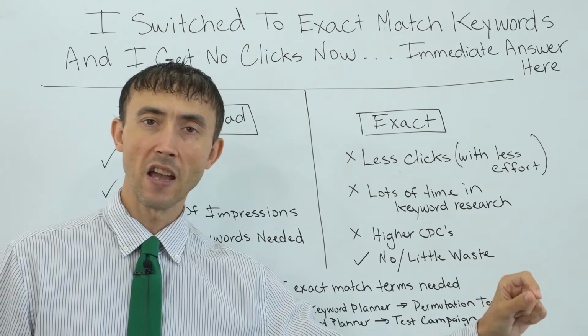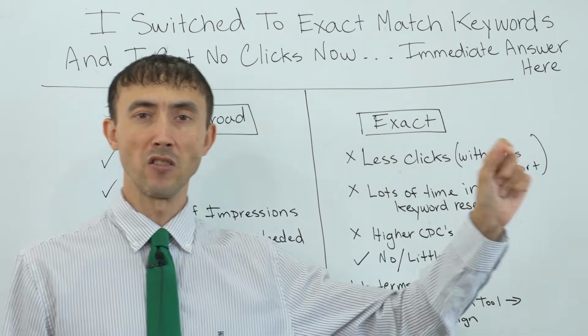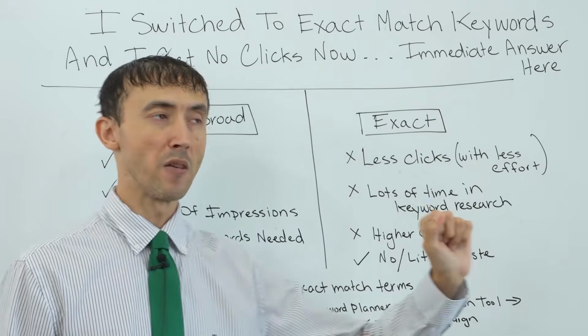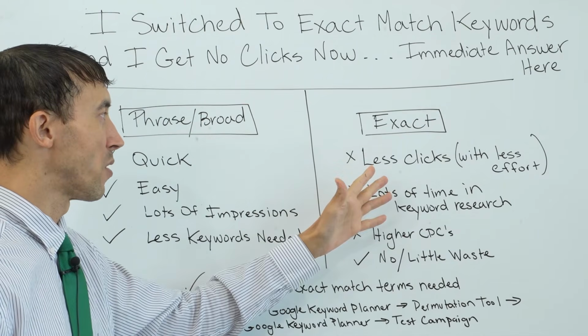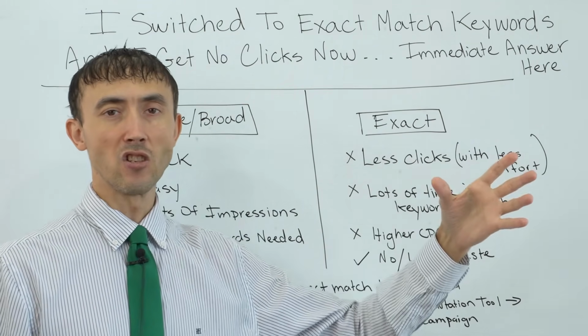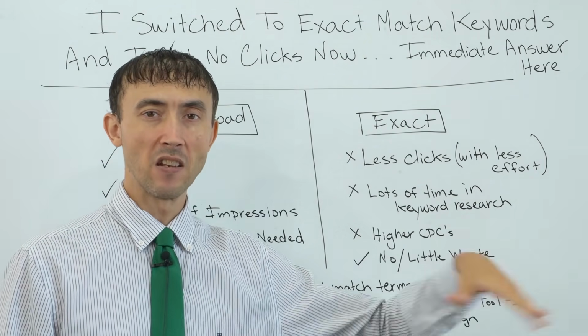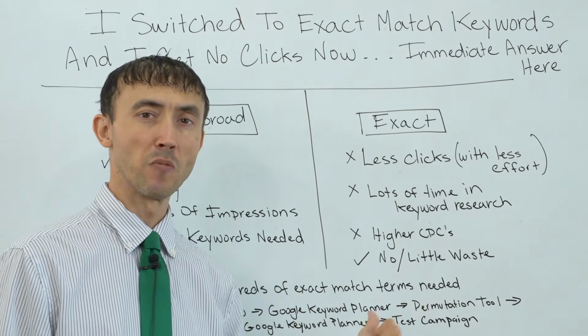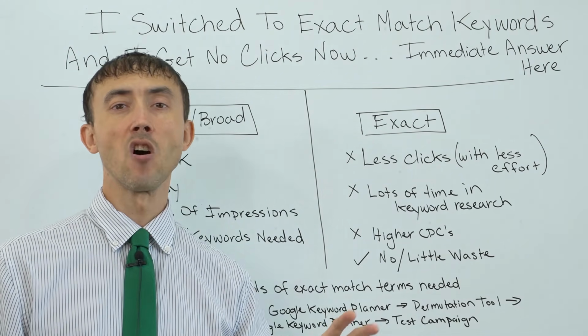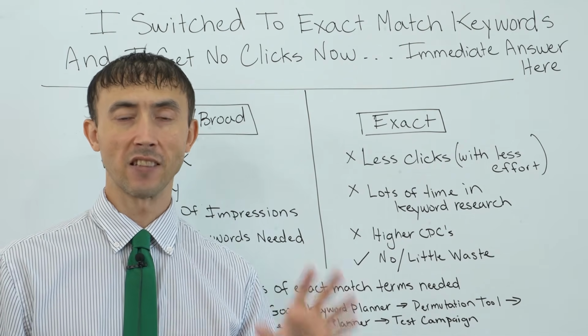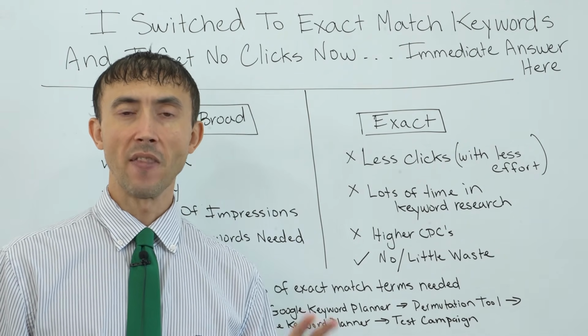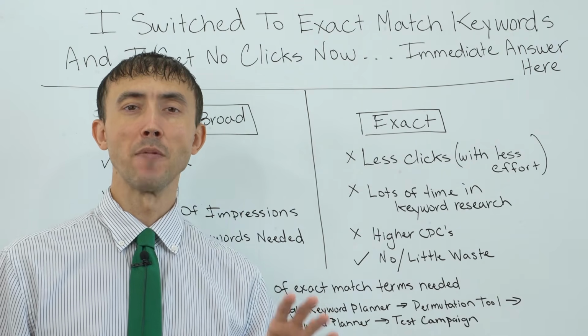You can still target a lot of individual different things in your market and still get click volume at the end of the day. With exact match keywords, yes, you get less clicks on each individual keyword. You're going to get less clicks with the same amount of effort put in to set up your campaign, but it's still worth it at the end of the day, which there is a downside, of course, also using exact match keywords and hundreds of them, like I just mentioned, of which is it's going to take longer to rack up higher ad rank / quality score, given that this is what determines how much profit you're going to make from your ads,